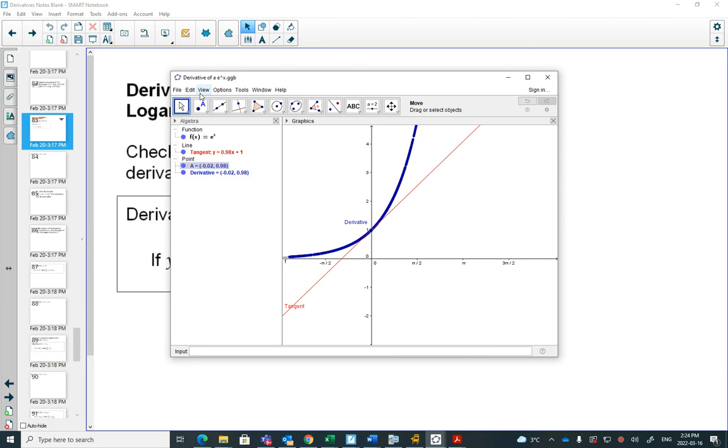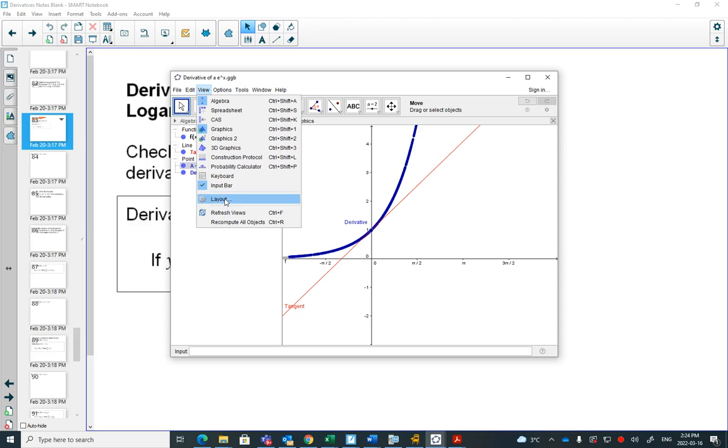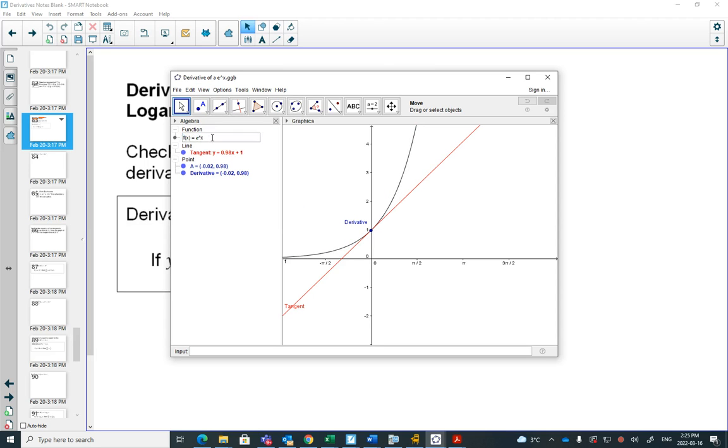Like if we took this and switched it from e to the x to 3 to the x, which is really close to e. Now when I do the derivative, oh, it's close. It's close to the same, but not quite. Notice how this derivative is just a little bit off of the blue line. But when it is e to the x,